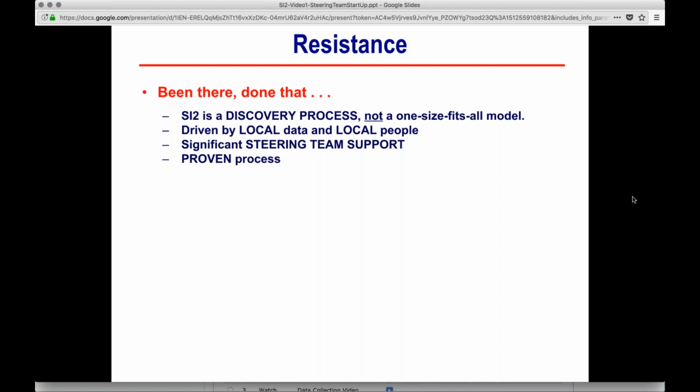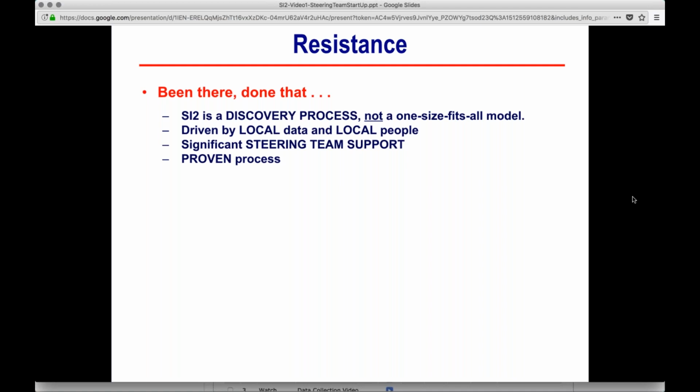SI2 is a discovery process. It is not a one-size-fits-all model. As you can see, everything is done locally. It's driven by your data and by your local people, which is why your steering team is made up of local folks that are from your area. It's made up of people within your school. It's not someone coming into your school saying, do this.